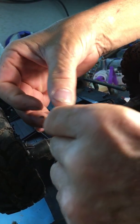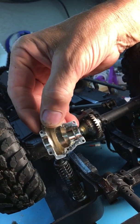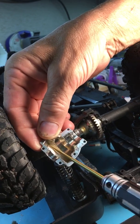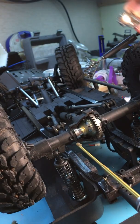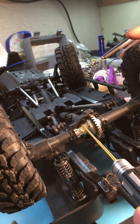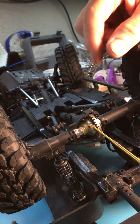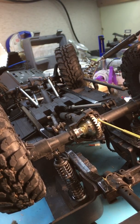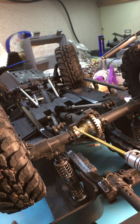Alright. So there's our diff cover. If you look inside here, you'll see there's not huge amounts of grease in here. In fact, that's pretty much mostly dry. A little bit of grease there. Same inside here. There's a little bit of grease running here, but I'm not seeing any in the teeth. I'm not seeing any on the back side of this bearing over here. I'm not seeing a whole lot around this bearing either. So